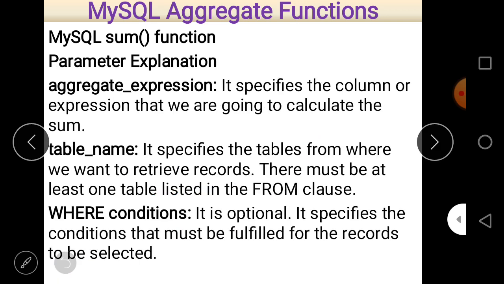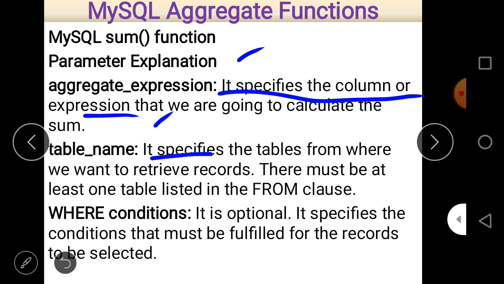Next is the parameter explanation of the MySQL function. So there is a detailed explanation of the different parameters. I already explained all of these. Aggregate expression specifies the columns or expression for which we are going to calculate the sum. Next is table name.